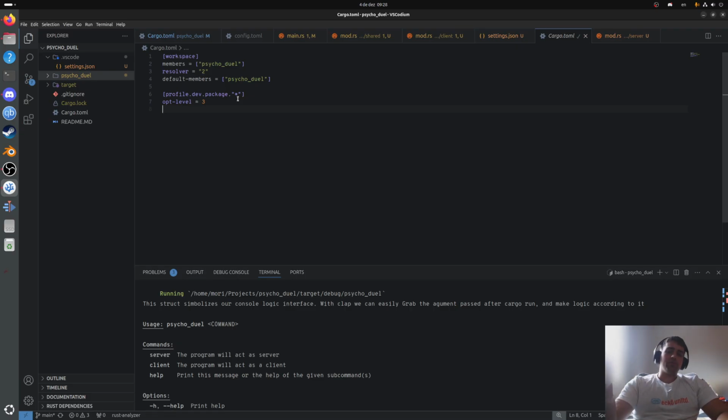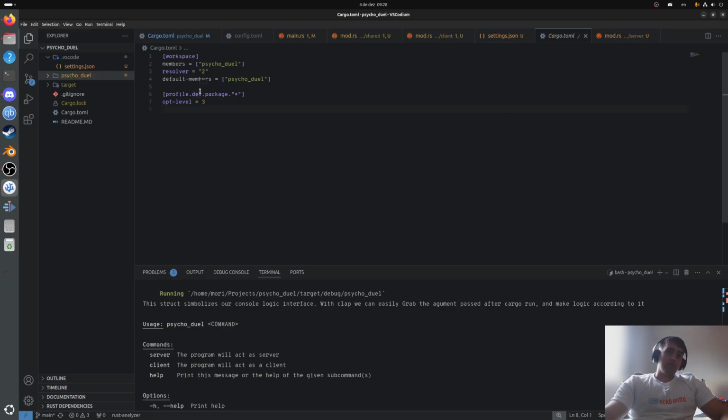And profile dev package, as many of you may know, there's a lot of divisions when it comes to big games. You have development division, you have the test division, you have the branch division, and you have the release division, which is basically like dev is development. You're just starting up, you're testing things out. Testing is the same thing. Branching, I don't know what it's used for. I think it's just nonsense. And fourth is the release, which is basically like the end result, like the perfect state of the game. You're going to see that a lot with big GitHub branches and with big projects.